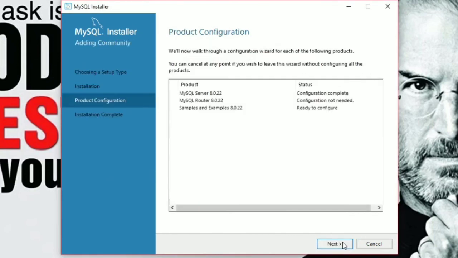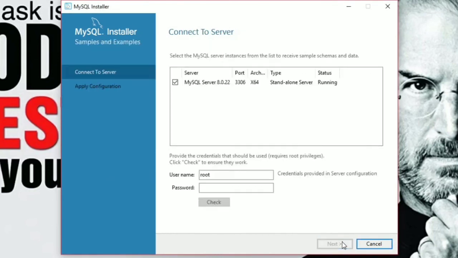Click finish. Click next. And here in this window you have to put your password which you gave to your root user, and click check, and then you click next, then your installation is completed.